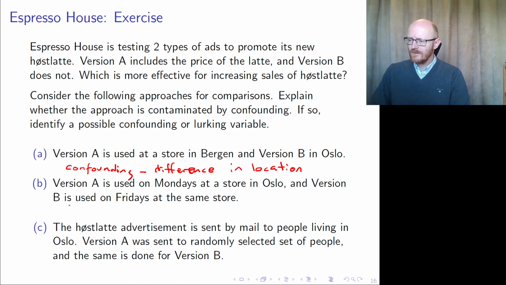Here it's obvious that there is a difference between the groups because one group is taken from Mondays and another group is taken from Fridays. So yes, we do have confounding